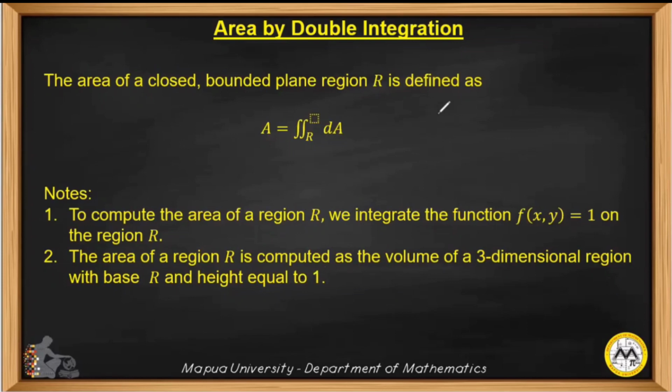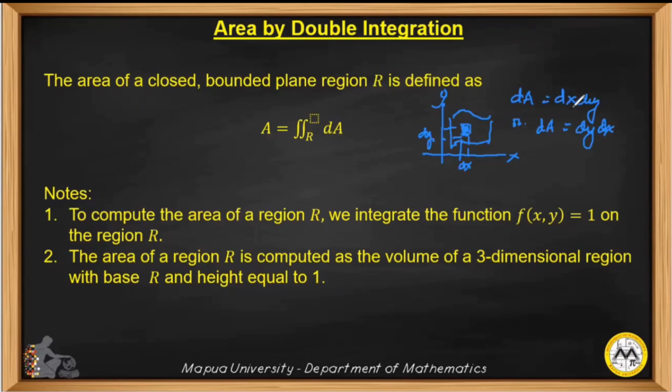Please take note that when we are computing for the area by double integration, if we are considering the region R, let us say that this is the region R, we are considering the element, which is the base of the rectangular parallelepiped, considered as the element in finding the volume of the solid. So this is dx and this is dy. And the differential of A is either dx dy or dy dx,